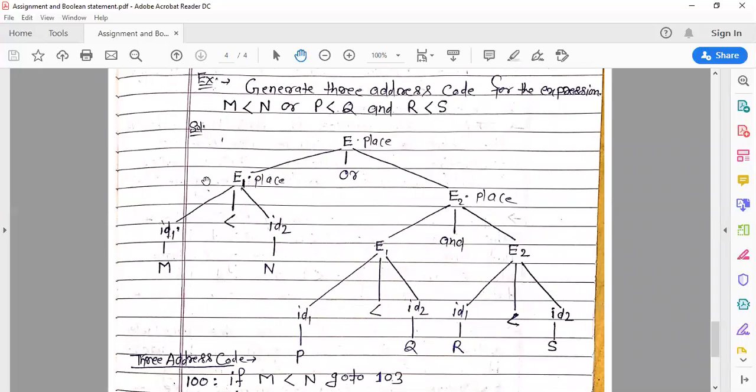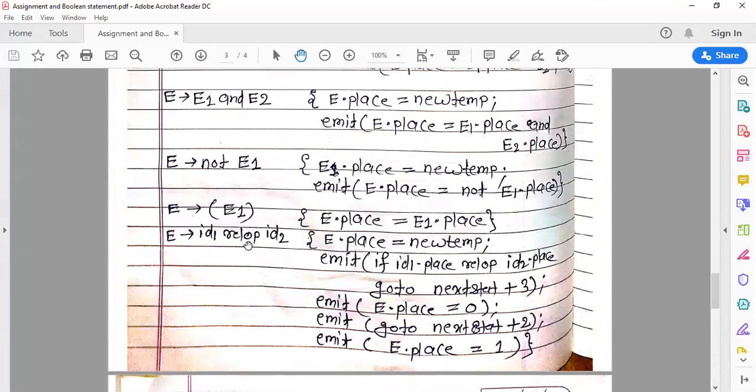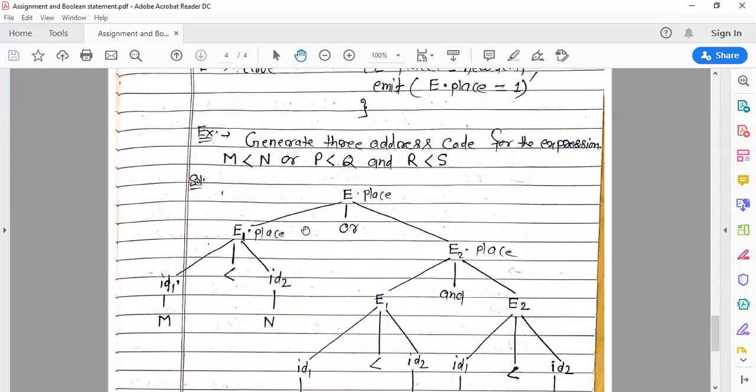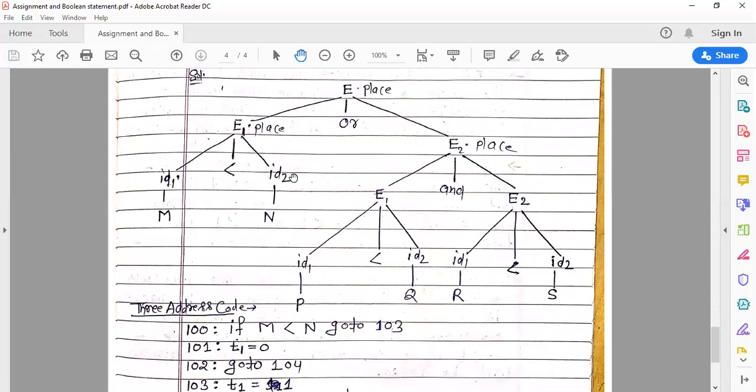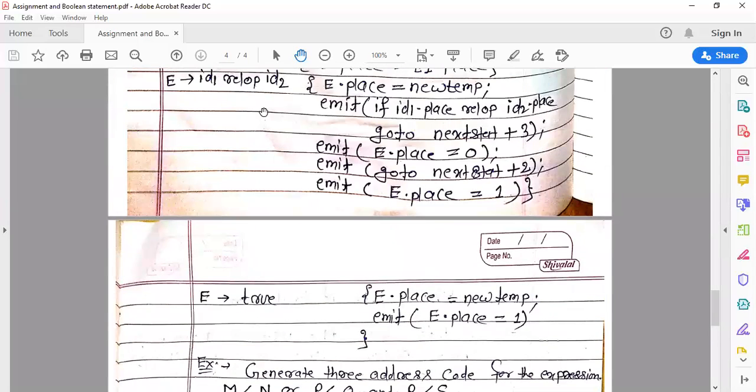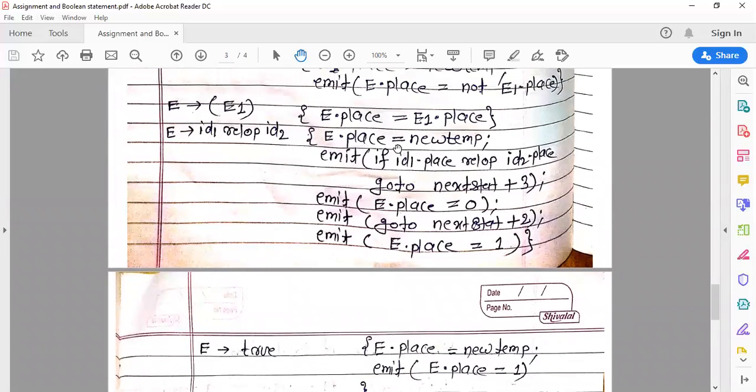When we find a reduction, we go to the production, find the corresponding semantic rule, and apply it. Here we find the reduction id1 less than id2 to E. What is the semantic rule for this production? E.place = newtemp; emit if id1.place relational operator id2.place goto nextstat+3.